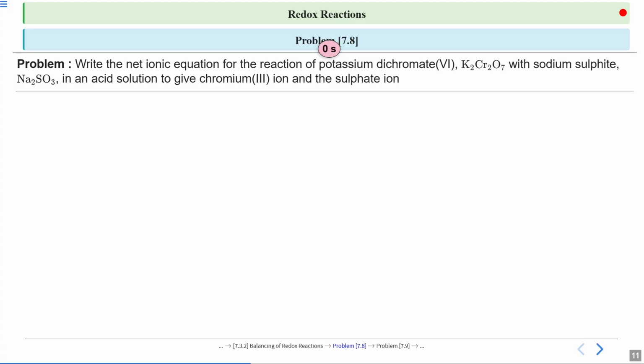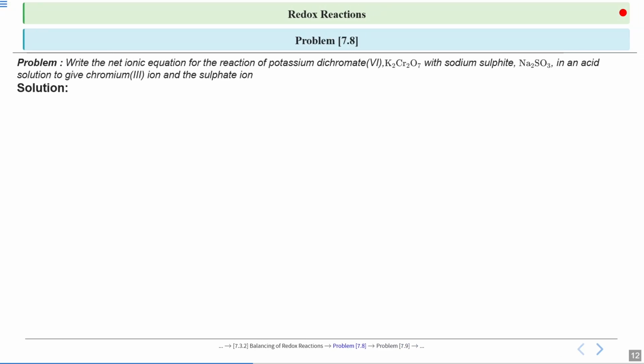So now let's look at the answer. The solution for the provided ionic equation would be, in the first step, we have to write the skeleton ionic equation. In this, the dichromate ion reacts with the sulfite ions in acidic solution. So this would be Cr2O7 2 negative plus SO3 2 negative gives Cr3 positive plus SO4 2 negative. So in step 1, we have written the skeletal ionic equation, in which we have mentioned all the participating reactants and the products that are formed by the chemical reaction.